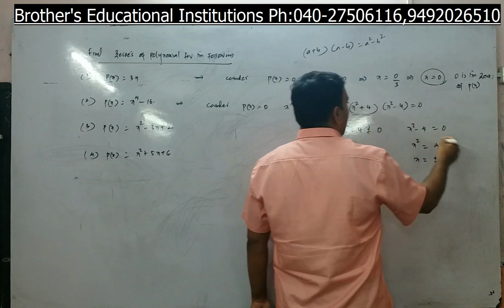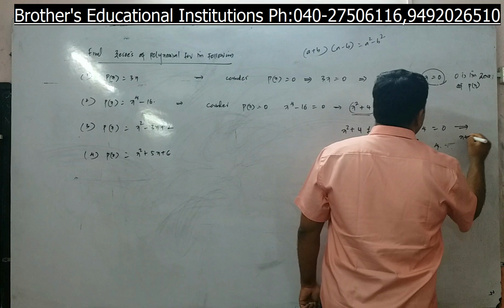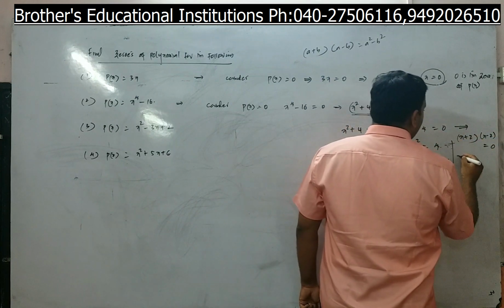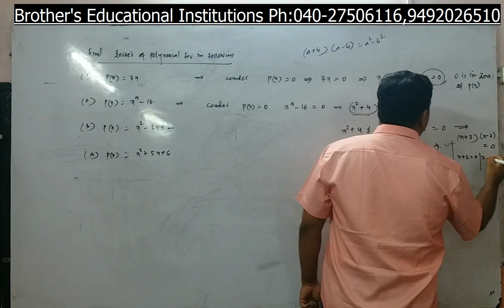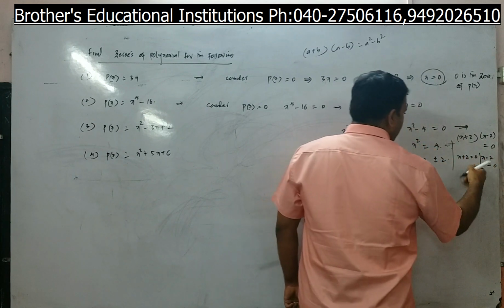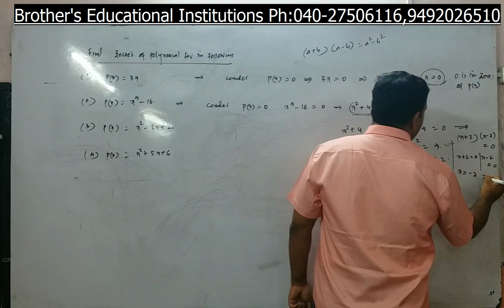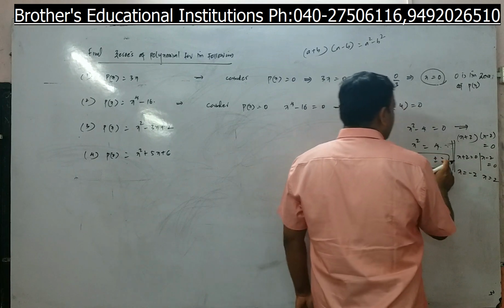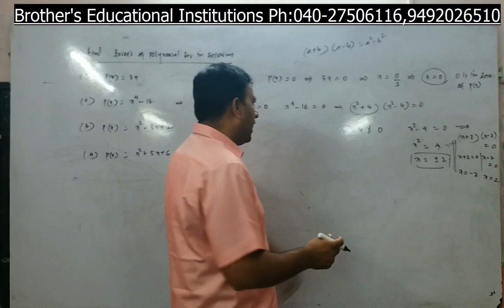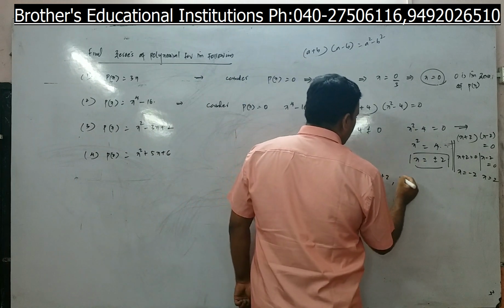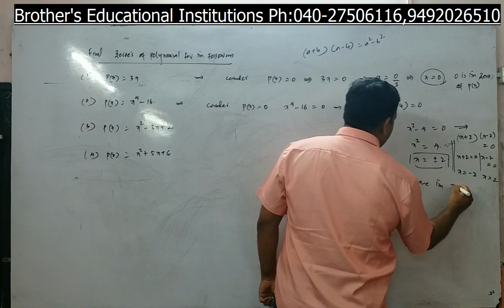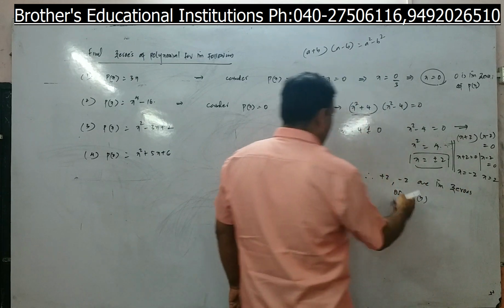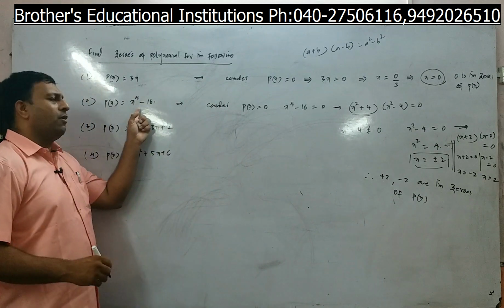Like this also you can do, or you can do this in this way. It is x plus 2 into x minus 2. A plus b into a minus b is equal to 0. Means x plus 2 is equal to 0 or x minus 2 is equal to 0. If x plus 2 is equal to 0 means x is equal to minus 2, or x is equal to plus 2. Either you do it this way or you do it this way. So what you got? Plus or minus 2. How many values you got? 2 values you got. So therefore plus 2 comma minus 2 are the zeros of P of x. And what is your P of x here? X power 4 minus 16.